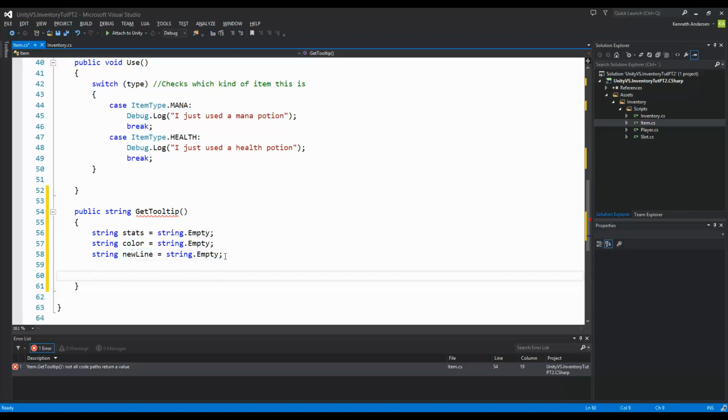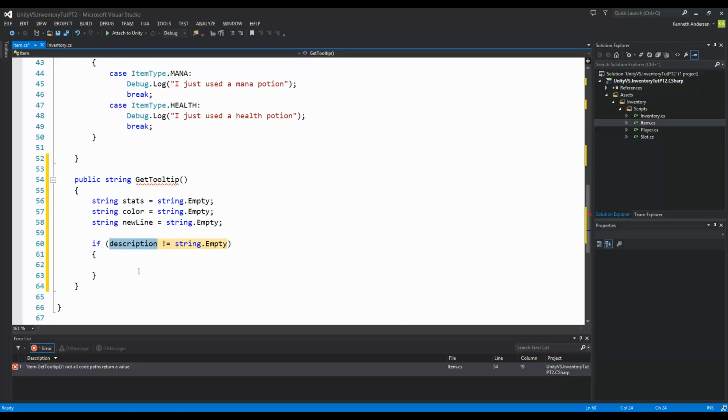So first of all, we want to add the new line. So if our description is not equal to string.Empty, so if our description contains something, if we have decided to add a description to this item, then our newLine is equal to the escape character for new line. If we add this new line to our string in the end, then we're going to make a new line in our tooltip, sorry, not code, of course,